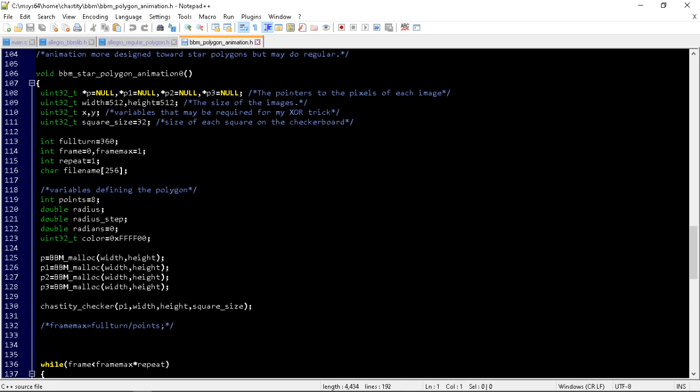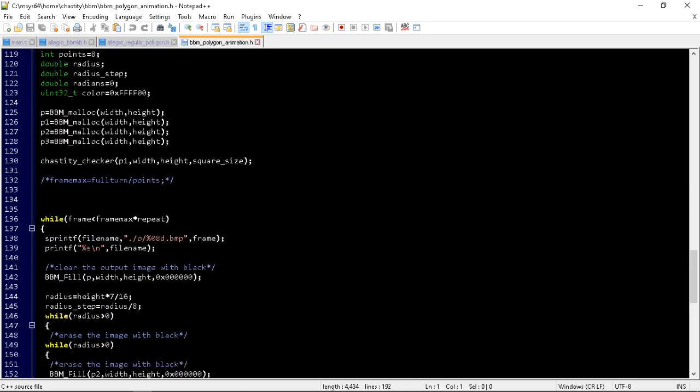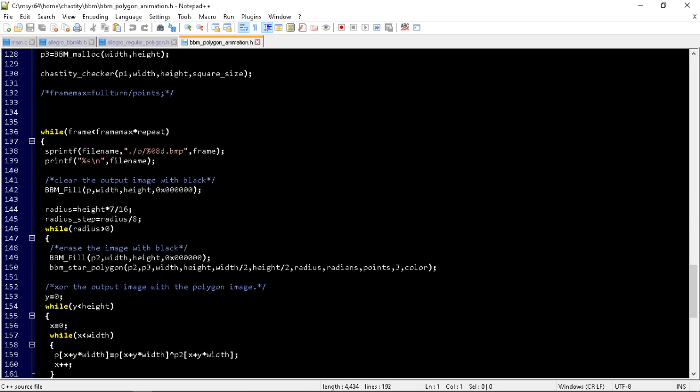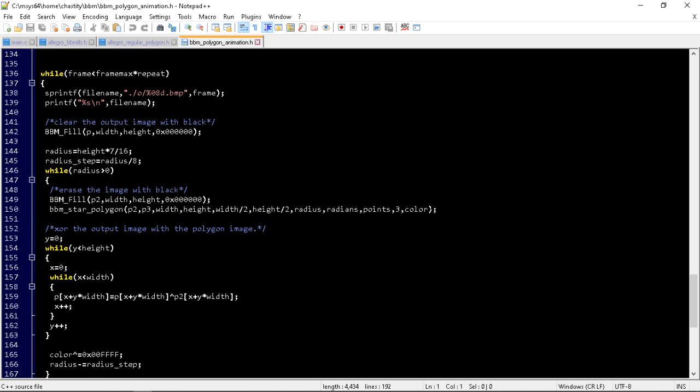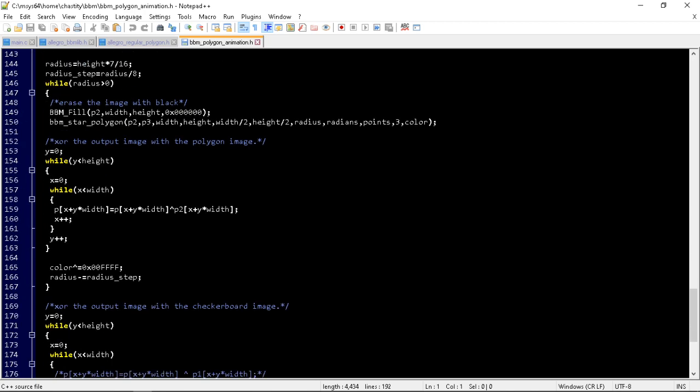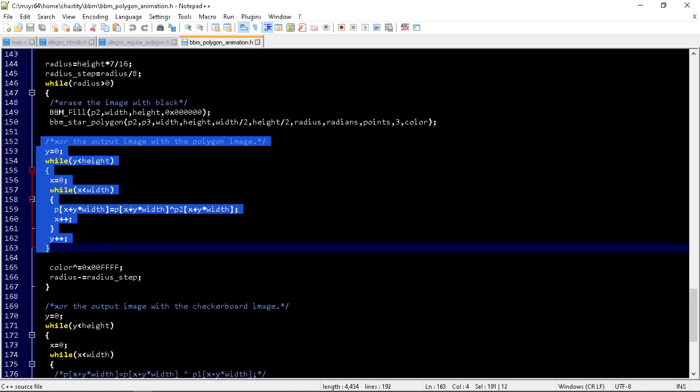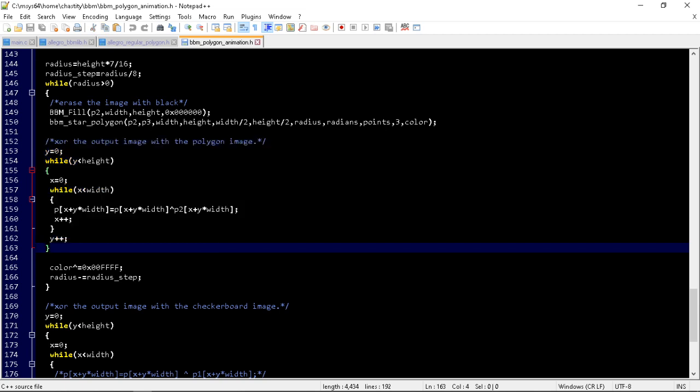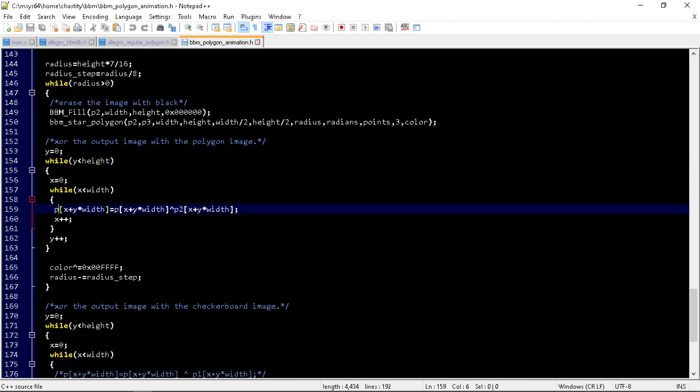However, I want to show you, now most of the code is just animation related purposes. It's probably still smaller than the Allegro code because it doesn't have a library to initialize. But here is the code that does the XOR. This section of code right here is absolutely everything. That is what XORs the 2 images together, because this one uses only the C standard library in my own code, but since every pixel is simply a number, we have P,